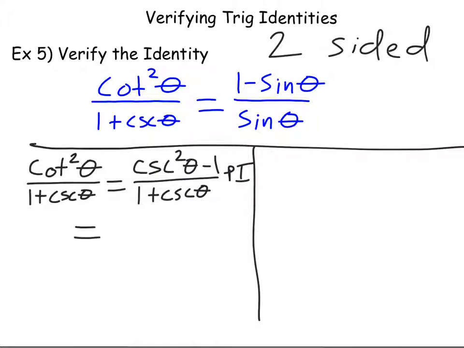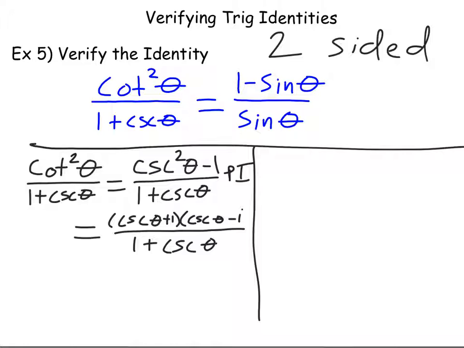On the top, I can factor. Remember, I'm always thinking about if there's cases I can factor, I usually want to. So the bottom is still just going to be 1 plus cosecant theta. And the top can be factored to cosecant theta plus 1 and cosecant theta minus 1,